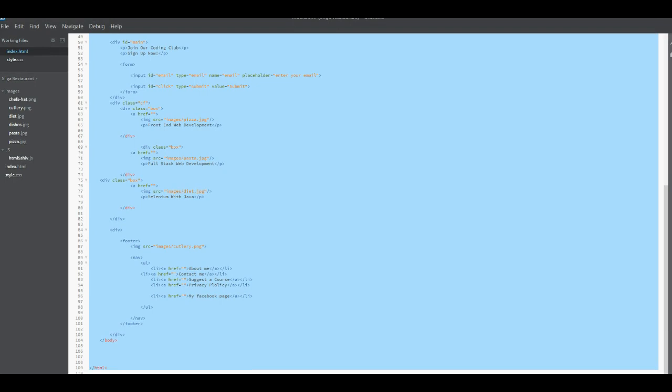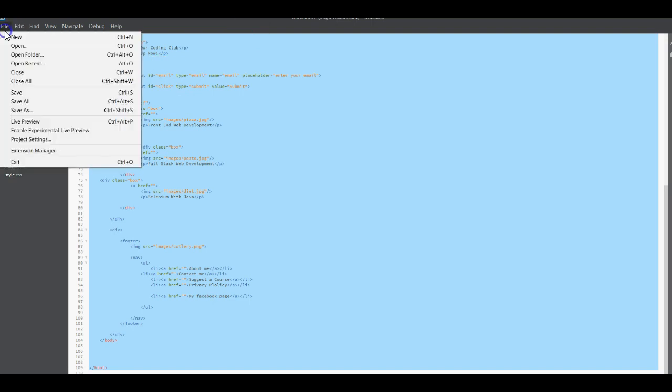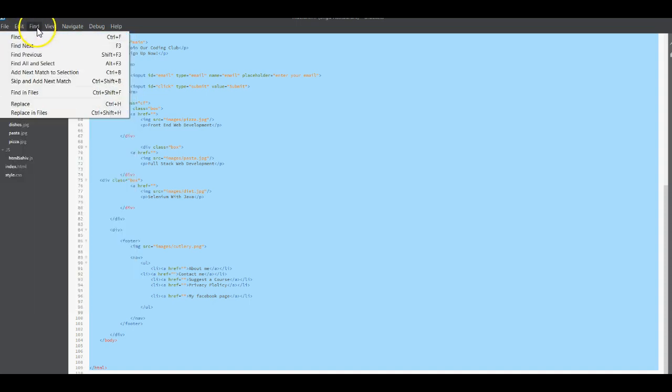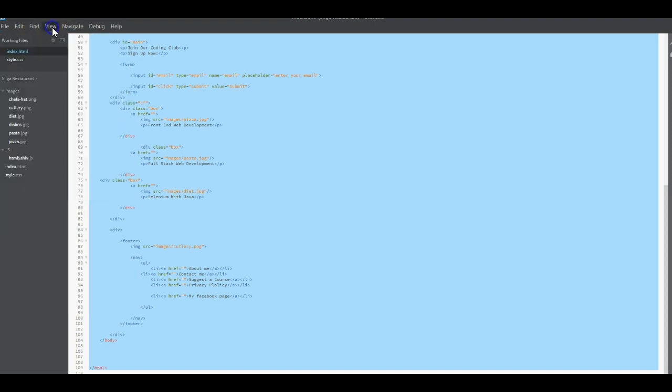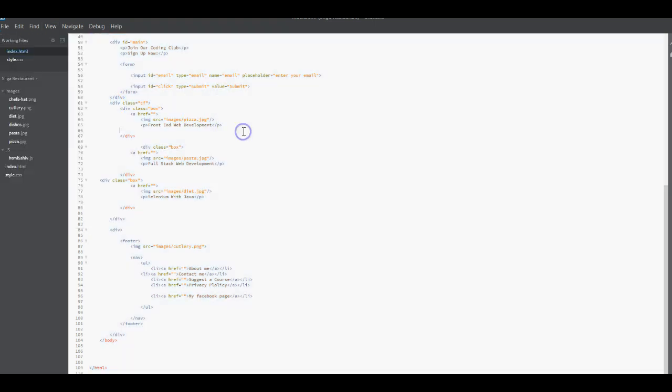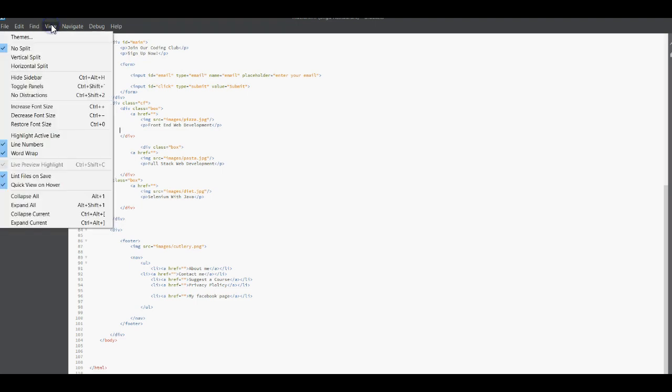So how can you make a solution for this problem? Now, if you click on File, there is nothing. If you click on Edit, you don't find the font size, not even on Find. But when you click on View, you can see how you can increase your font size. Increase font size is Control plus. Okay, so if you just click here,